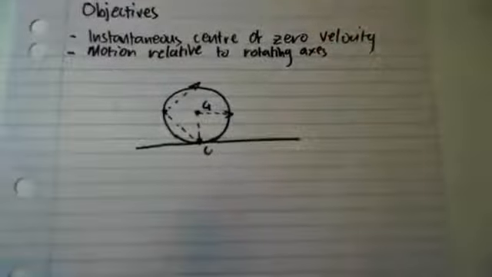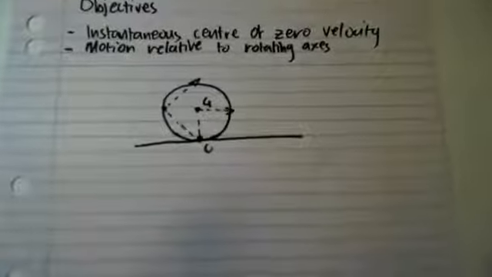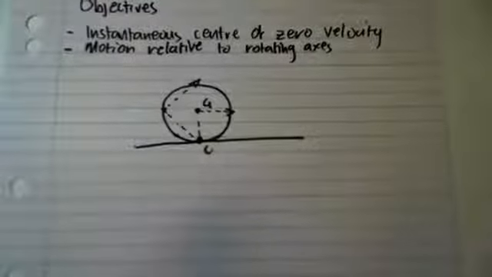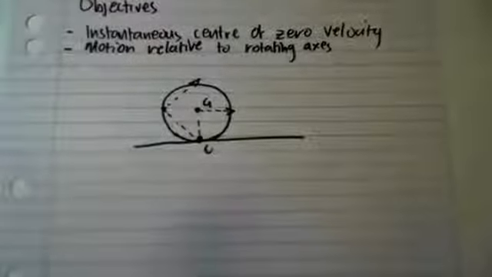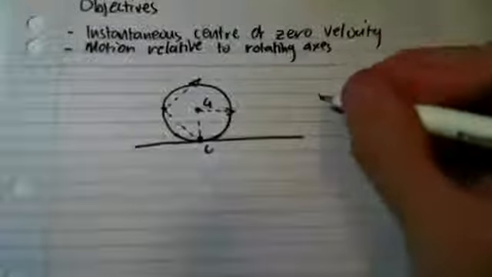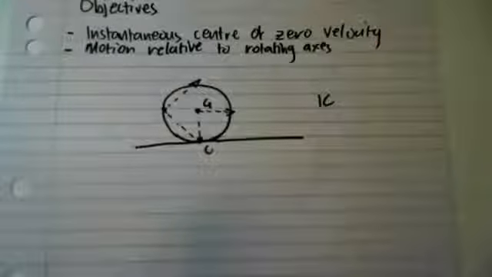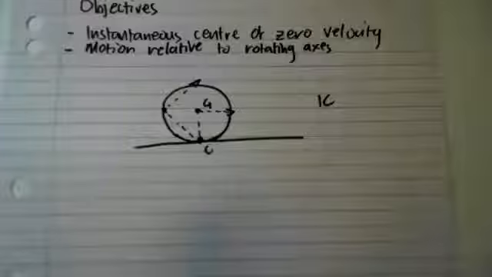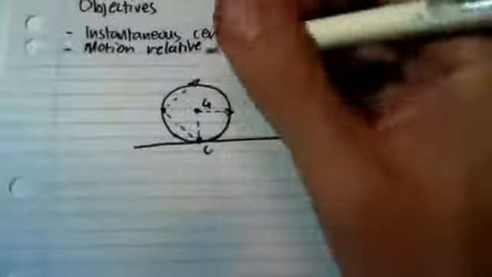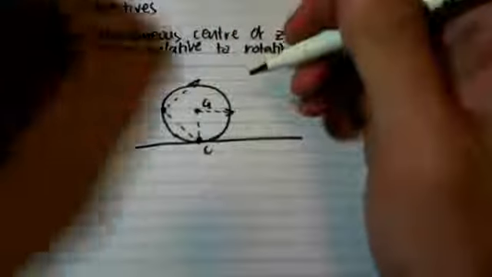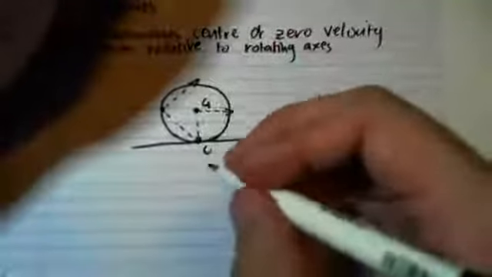We'll let that be known as the instantaneous center of zero velocity, or as it's known a lot of the time, just IC. We've got to be careful. The IC is merely the point at which there is zero velocity at a given time t. In cases where there is a combination of rotational motion and translational motion, this point is going to change. So if there is rolling without slipping of a wheel,